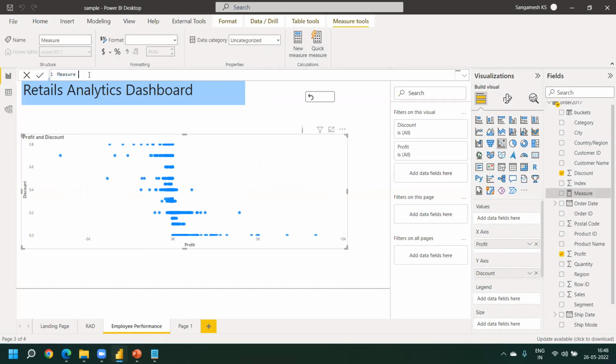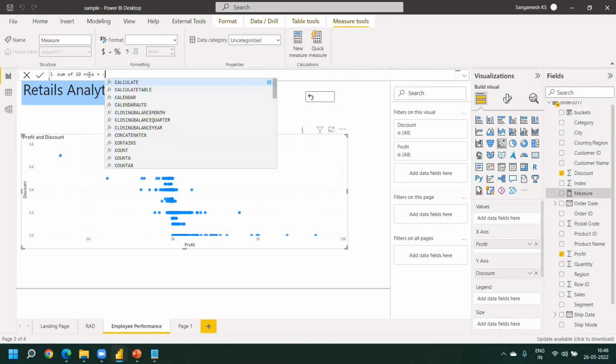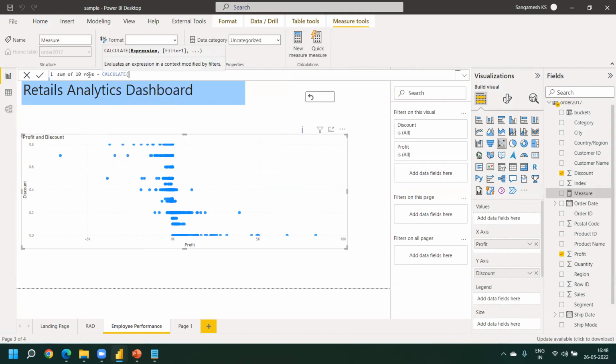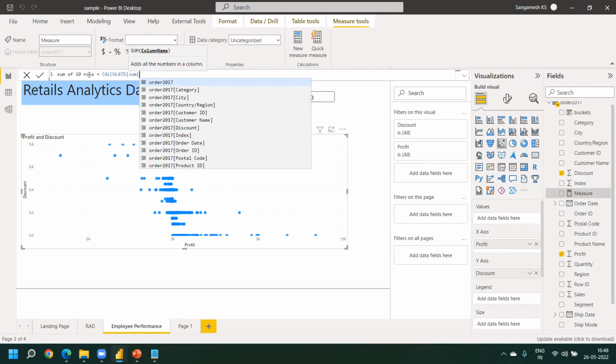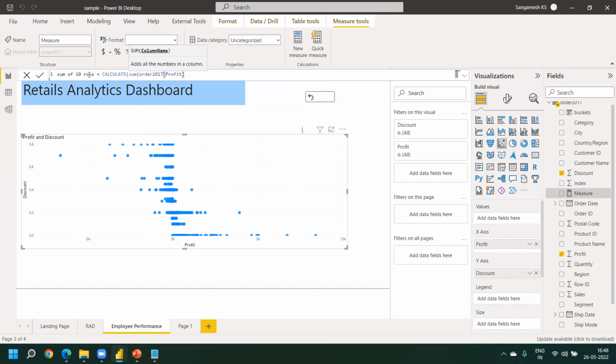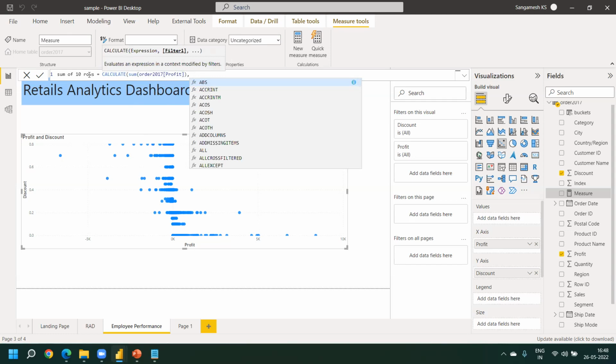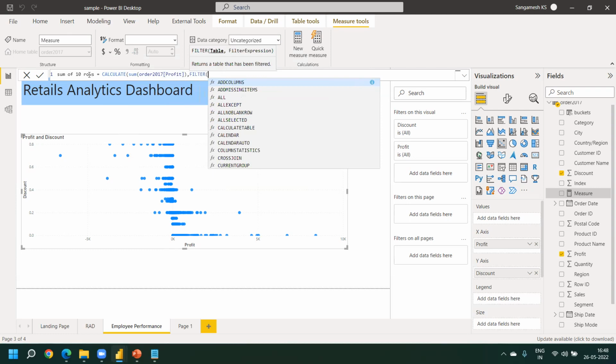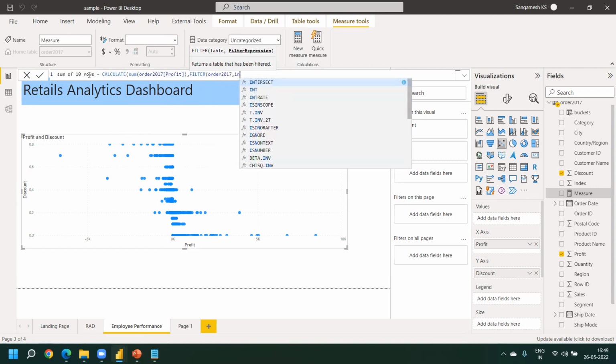मैं यहाँ पे बताऊंगा, सम ऑफ 10 rows, something like this, sum of 10 rows। तो मैं बोलूंगा कैलकुलेट, और सम ऑफ प्रॉफिट ही ले लेता हूँ, सम ऑफ प्रॉफिट। यहाँ पे मैं एक फिल्टर डालूंगा। फिल्टर डाल के मैं टेबल डालूंगा। टेबल है मेरा ऑर्डर टेबल, ORDER, ऑर्डर टेबल। तो यहाँ पे फिल्टर कंडीशन देना पड़ेगा मुझे।